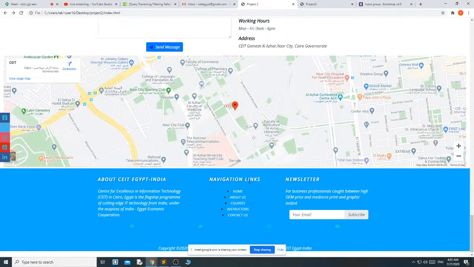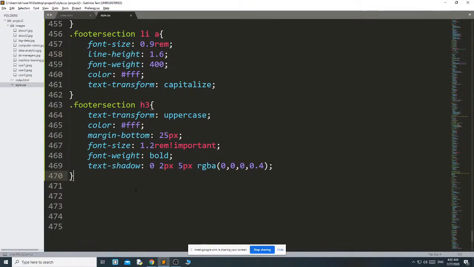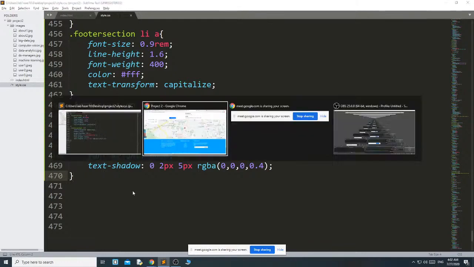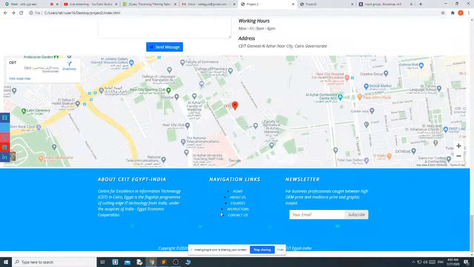Okay, now it changed. Then for these social icons and newsletter.